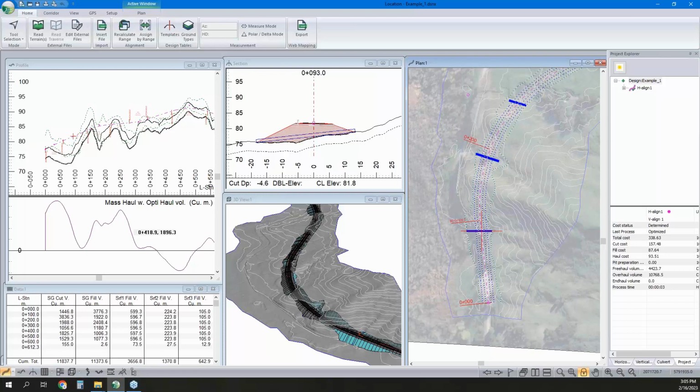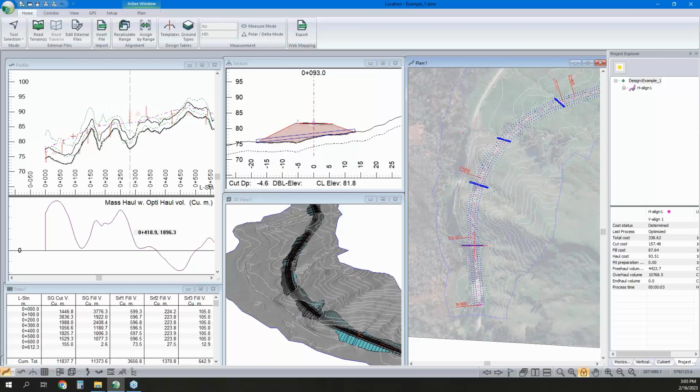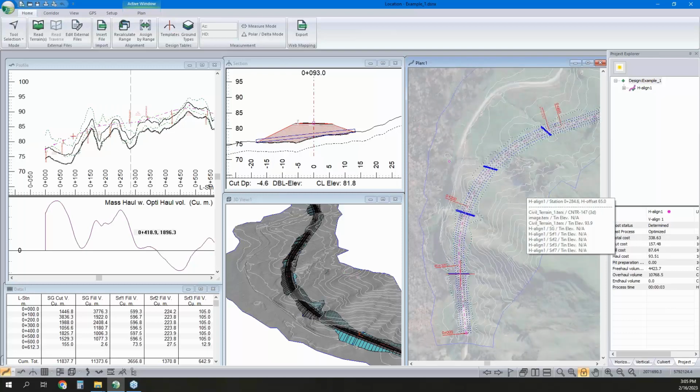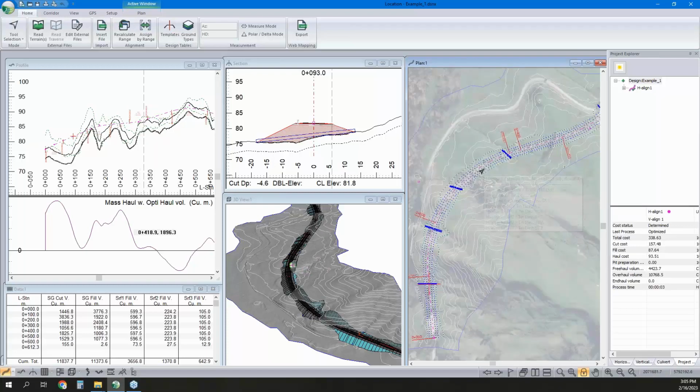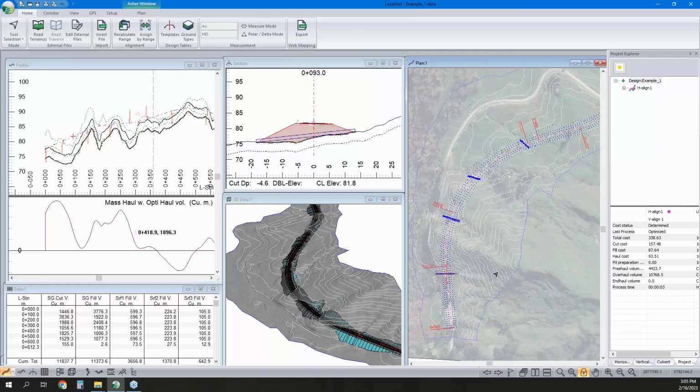So if we were in a case where we weren't using any of this other functionality, if we just told someone to go realign that twisty turny road and straighten it out, well, we have no idea what they're going to produce, how much it's going to cost, or where they're going to put the road. So even if we don't give them any kind of documentation, being able to say, well, start at